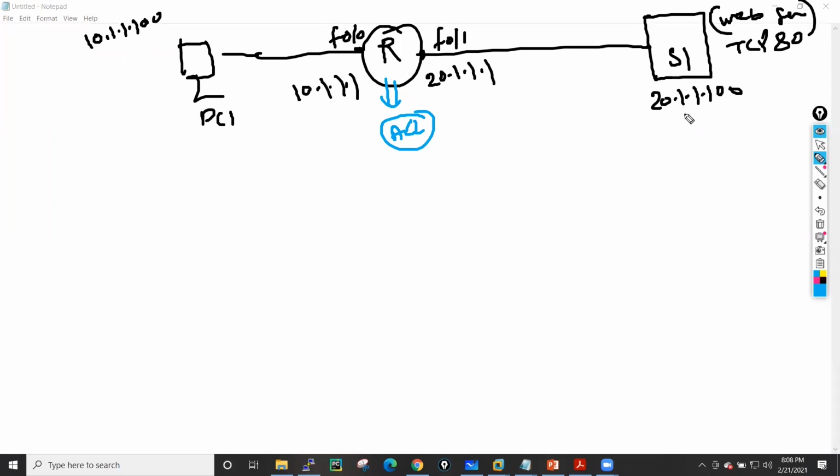Let's suppose on this server we have a 2 GB file. Now this PC just wants to download this particular file. So what he will do is forward one request towards the router. So this is the first packet.